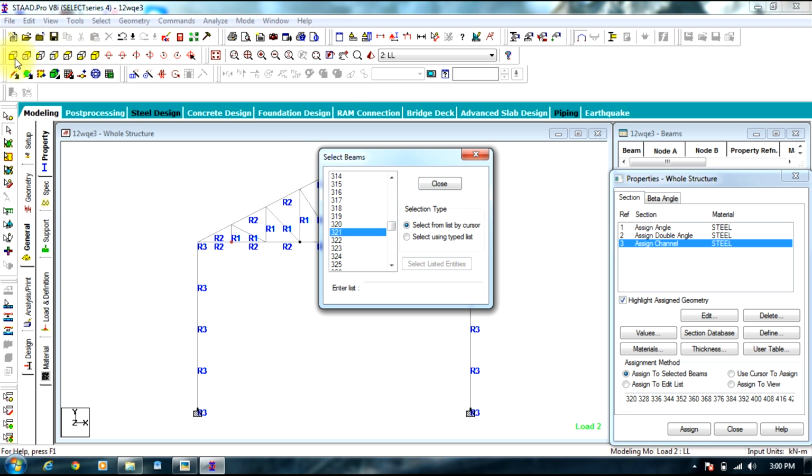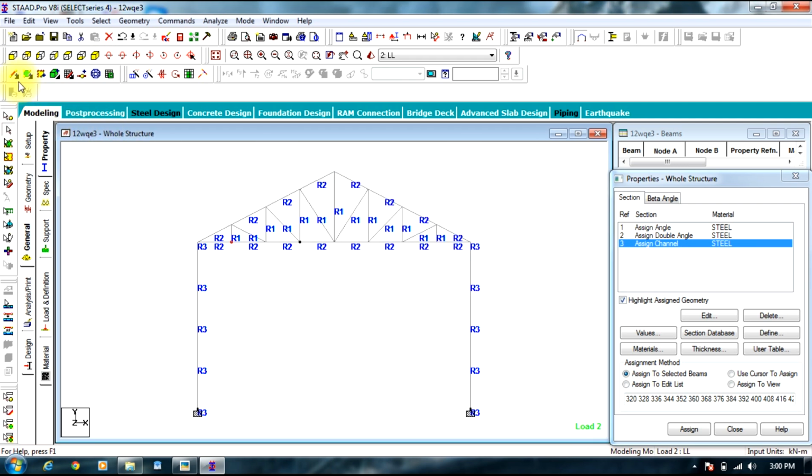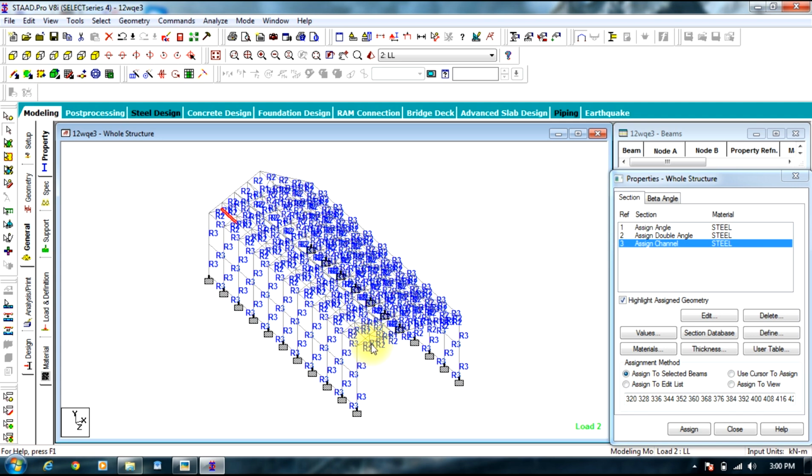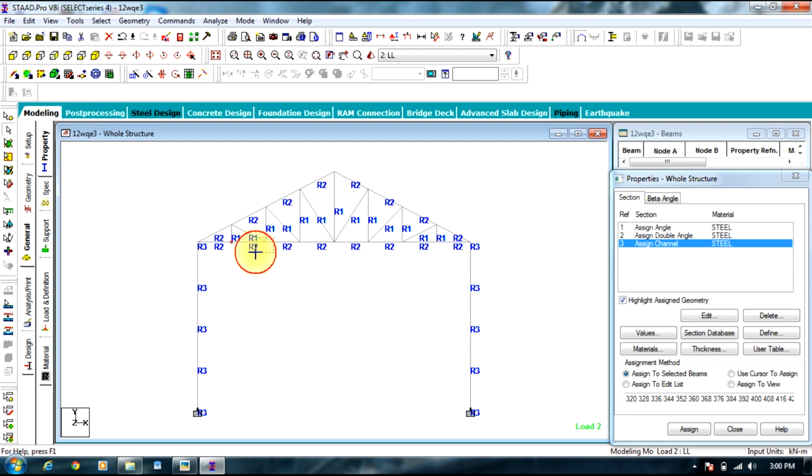Oh, so you can see we still forgot all those members. Well, what we'll do is we'll select all those nodes